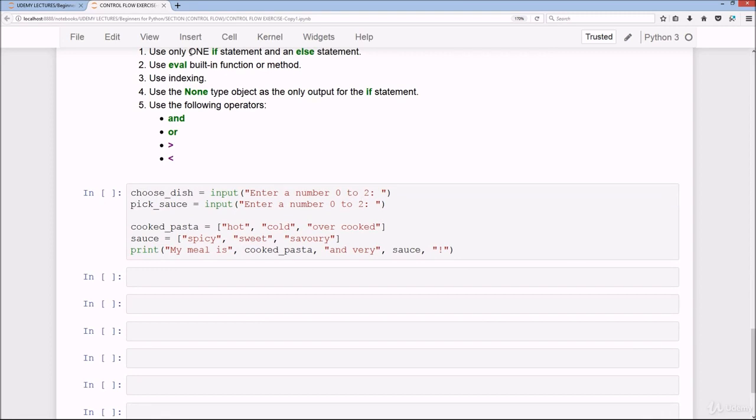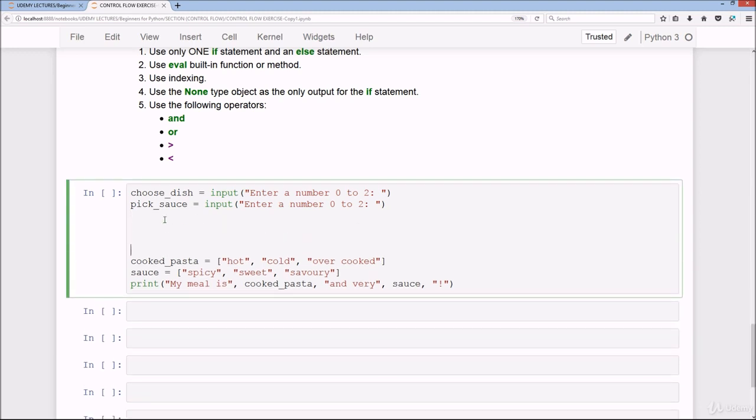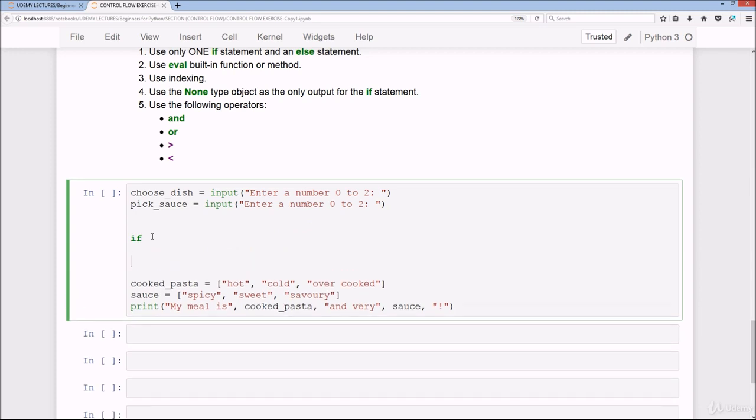So the first one is use only one if statement and an else statement. Okay, well, what we can do is just put the if and the else, and put some colons here. Okay, and then use the eval built-in function or method. So I think it would make sense to use the eval for here, and also for here as well,